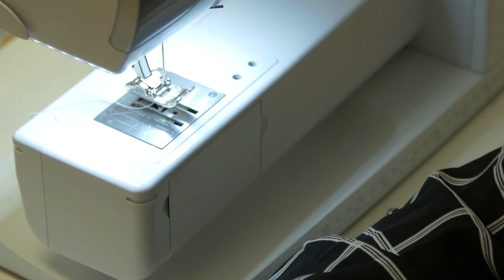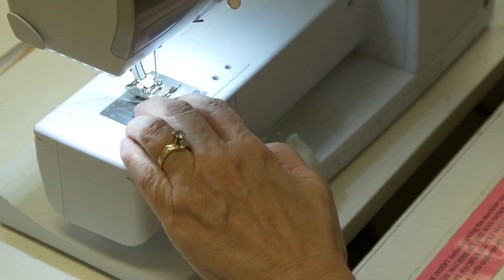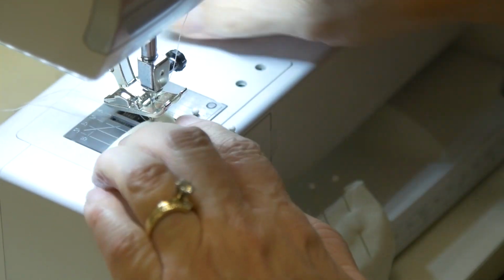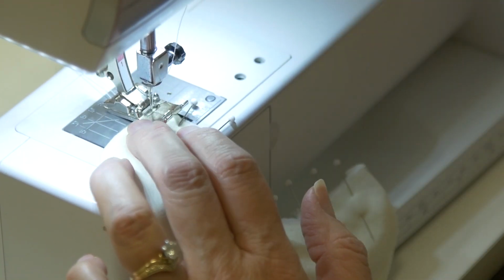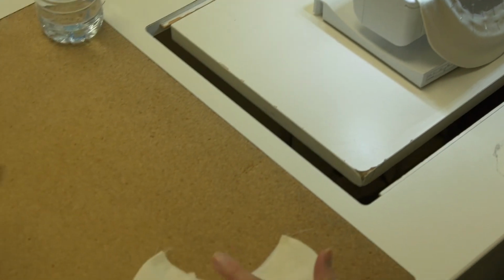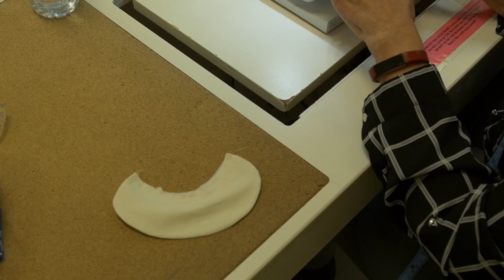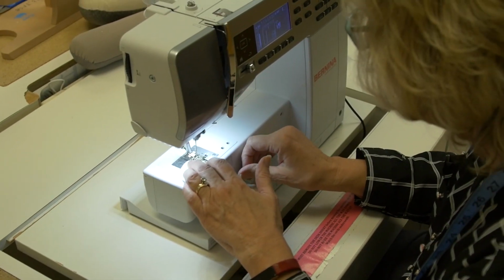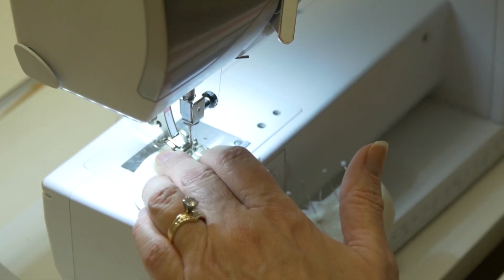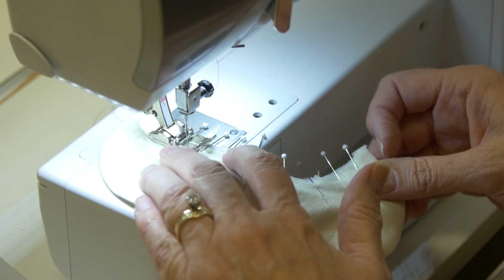Okay, so I've basted one. I'm going to baste the other. And so what I do is I just put it in the machine, and I'm going to baste at 1/4 inch because I'm going to permanently stitch this at 3/8. So I've got it on 4 millimeters here. And now I'm just going to go ahead and